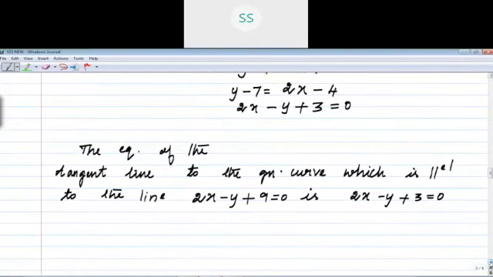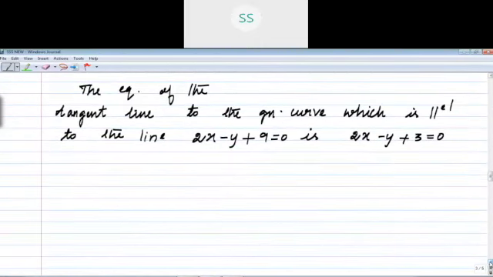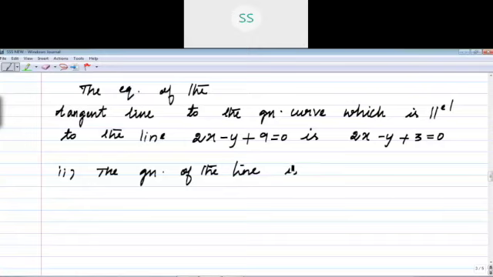Right? Now I am going to move to the second one. What is given in the second part, you see, perpendicular to the line, right? Perpendicular. First you should modify the given equation in terms of y is equal to mx plus c, right? The given second part, the given equation of a line is what?